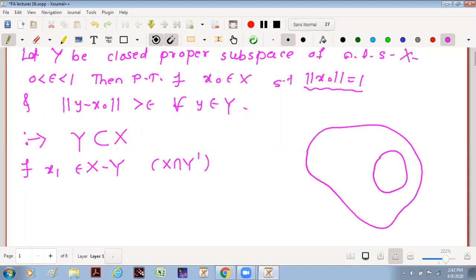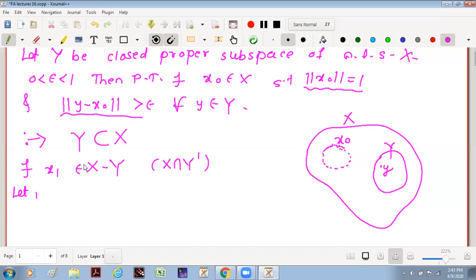Okay, somewhat like the situation we are discussing here. Suppose this is a proper closed subspace Y of a normed linear space X, then we want to prove the existence of a vector x naught. This vector has norm value, that is length, 1, meaning this vector is lying on a unit sphere, right? This is a unit sphere, though it doesn't look like a sphere, please assume so. Then we want to prove that the distance between any arbitrary vector y and this x naught is greater than epsilon, where epsilon is a value lying between 0 and 1. Okay,